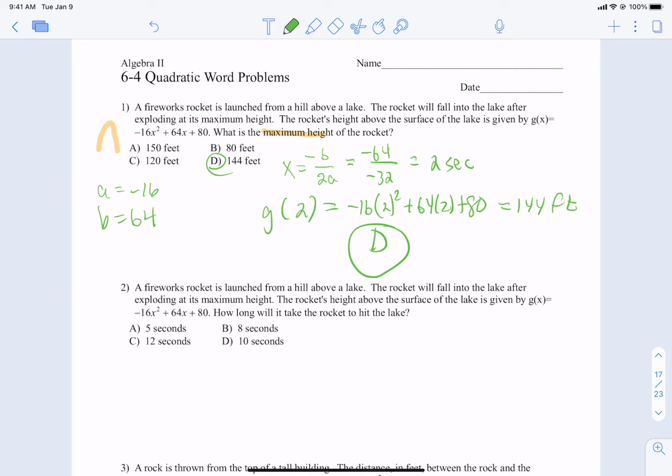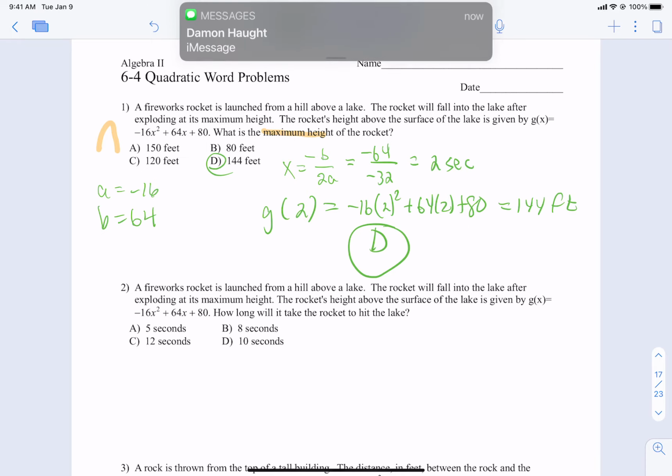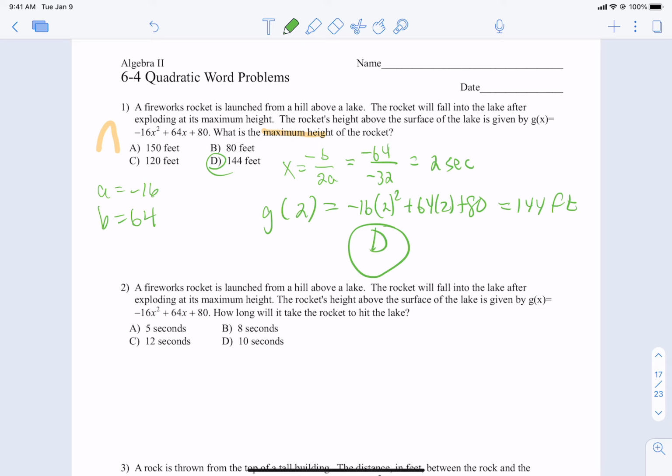Now let's take a minute and read the second question about the fireworks rocket. A fireworks rocket is launched from a hill above a lake. The rocket will fall into the lake after exploding at its maximum height. The rocket's height above the surface of the lake is given by g of x. How long will it take the rocket to hit the lake? Well, if they want to know how long it's going to take to hit the lake, what we want to know is where is the height